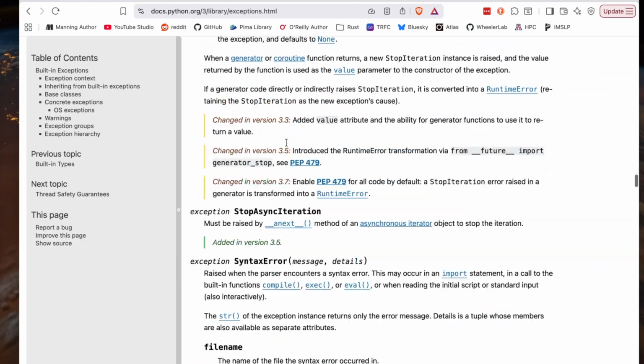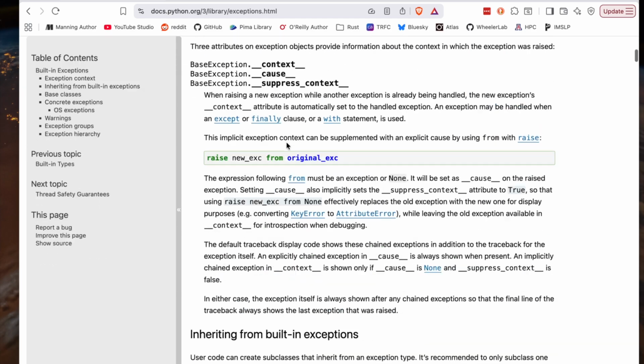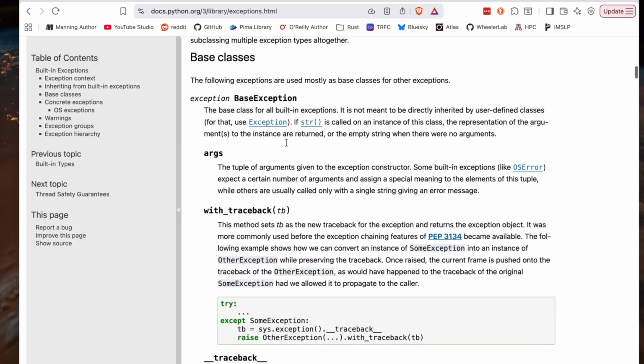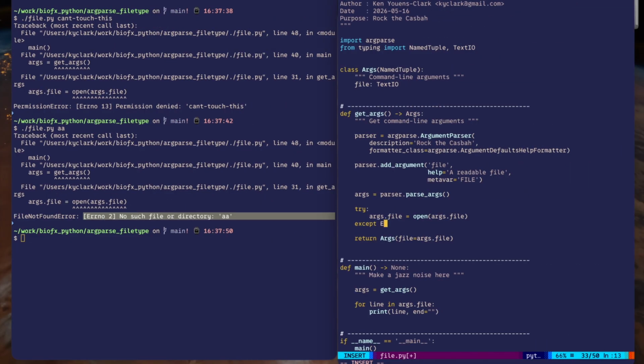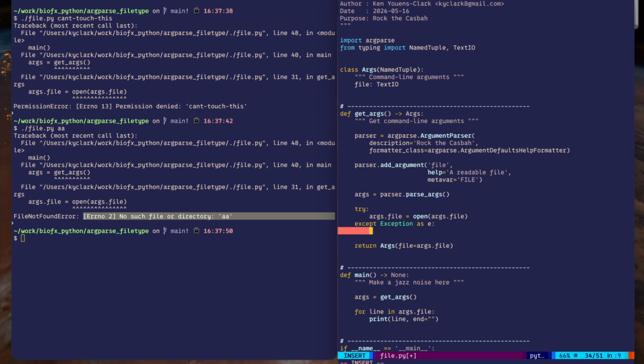And the most generic one is just Exception. I think it might be here at the top, the BaseException. I'm not sure. Anyway, I usually just write Exception. And I can say as e, meaning the error, the exception that I'm going to get. And in this, if I catch this, then one of the nice things, if I'm doing this inside the